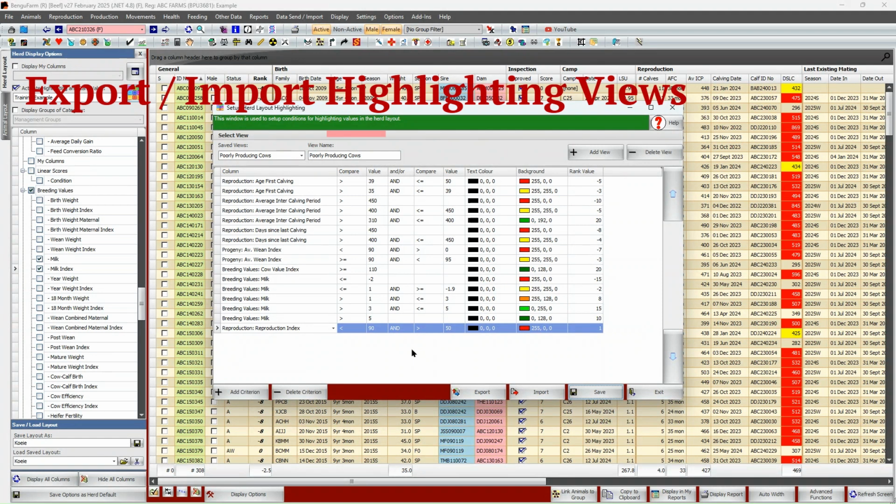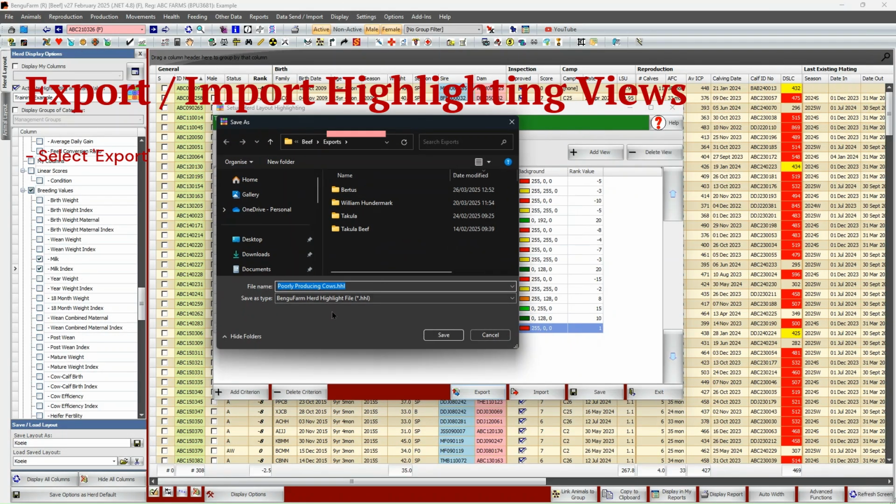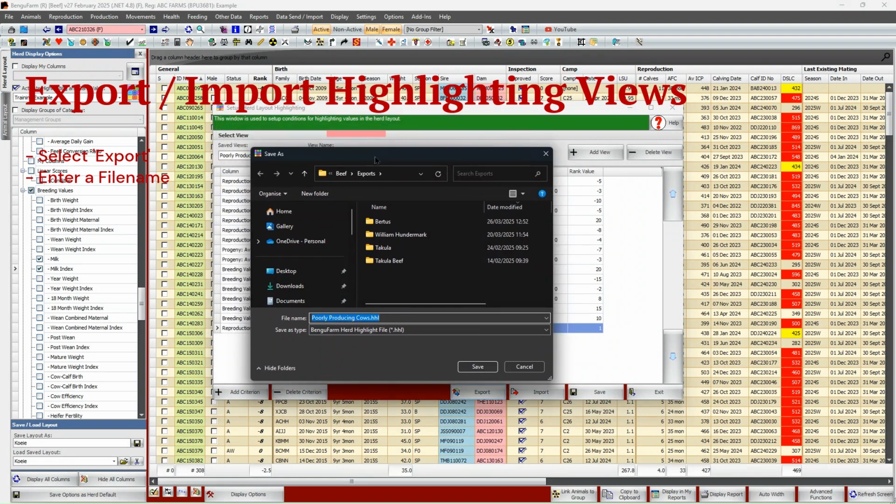The other thing is that a fellow farmer can come and visit you and you show him or her the highlighting that you set up, and they say to you they also want that highlighting. So what you can do is you can go to export this definition of the highlighting, and you'll give it a name. You're going to use the default name that is the same as the name of the highlight, and just say save.